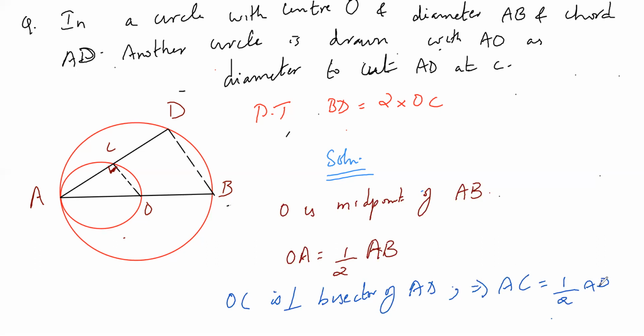Then what about OC? The next thing which I'm going to say is, if I take this triangle ABD, I can write it here as OC is equal to half BD in triangle ABD. Why? Because the line joining the midpoints of two sides of a triangle is half of the third side. So guys, I'll clearly explain this.